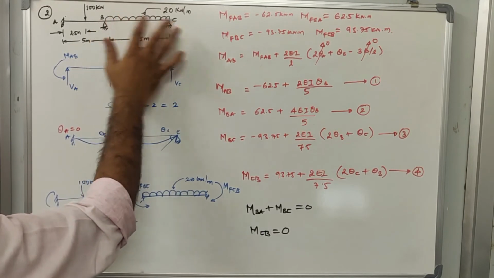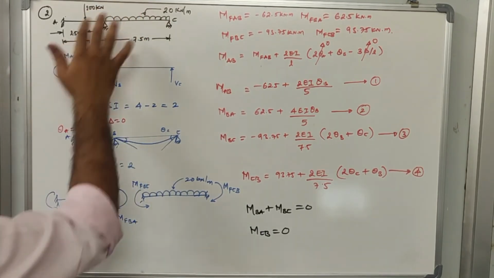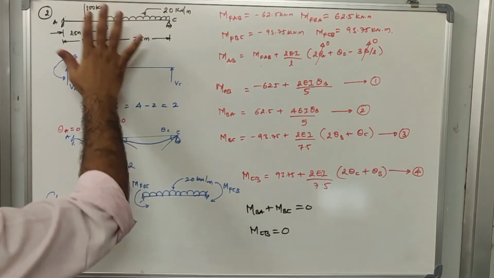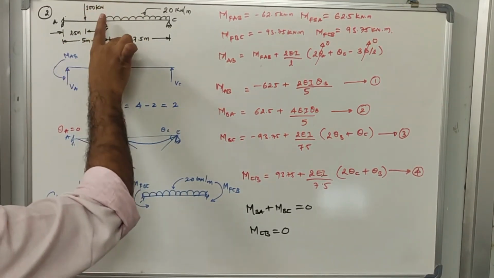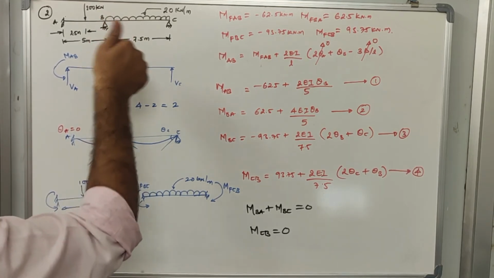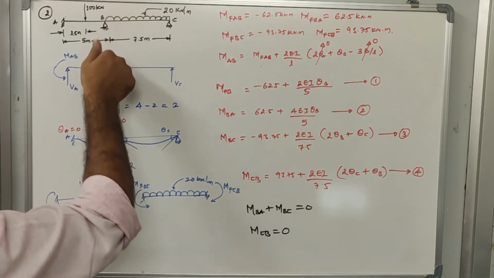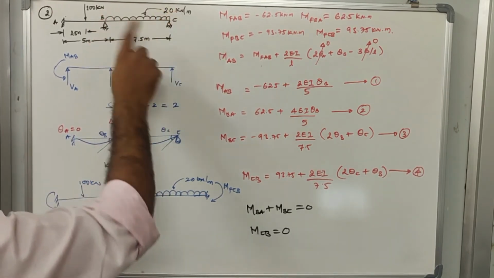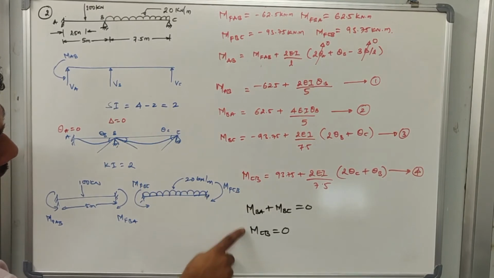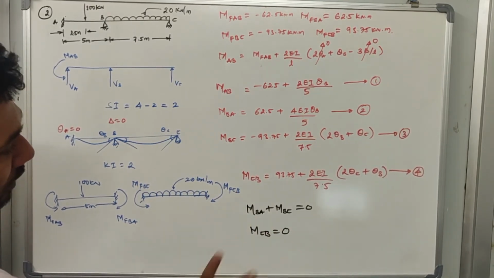So definitely the slopes will be generated here. So it means what? There is no resistance to movement. Okay. So what we do here is, we will apply the equilibrium equations wherever there is a pin joint. Okay. So the summation of moments that are generated at this joint will be equal to 0. So it means what? MBA plus MBC should be equal to 0. Similarly, MCB should be equal to 0. So we have two equations here, MBA plus MBC equal to 0 and MCB equal to 0. These are the two equations.